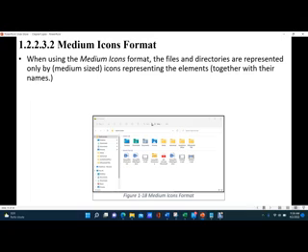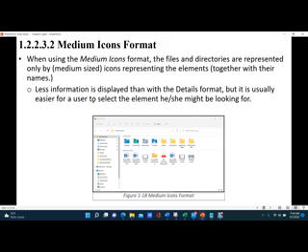The medium icons format shows files and directories, but only as icons. It shows less information than the details format, but it makes it